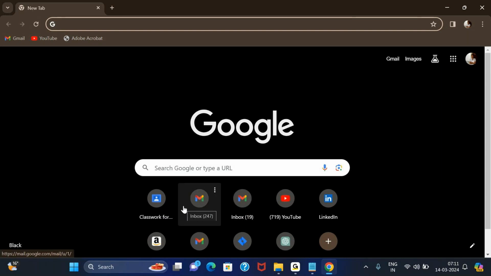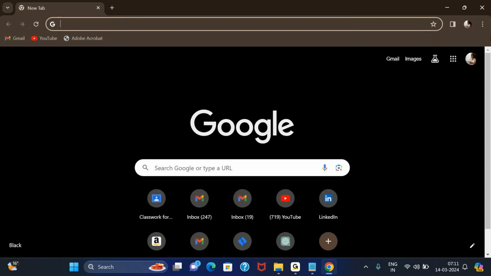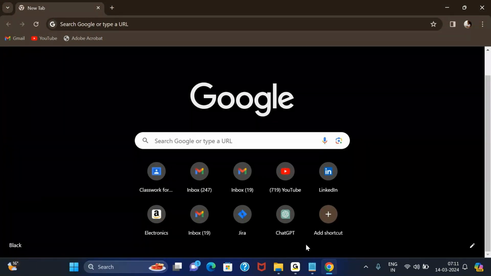So if I have to search for anything, I can directly start typing over here. Now imagine if this search bar, instead of being at the top, is somewhere at the bottom or the end of the screen. Though the search bar is there for me to type and search, it is not readily available in front of my eye. I'll have to scroll down, locate it at the end, and then start using it. So that's not an example of a good user interface.